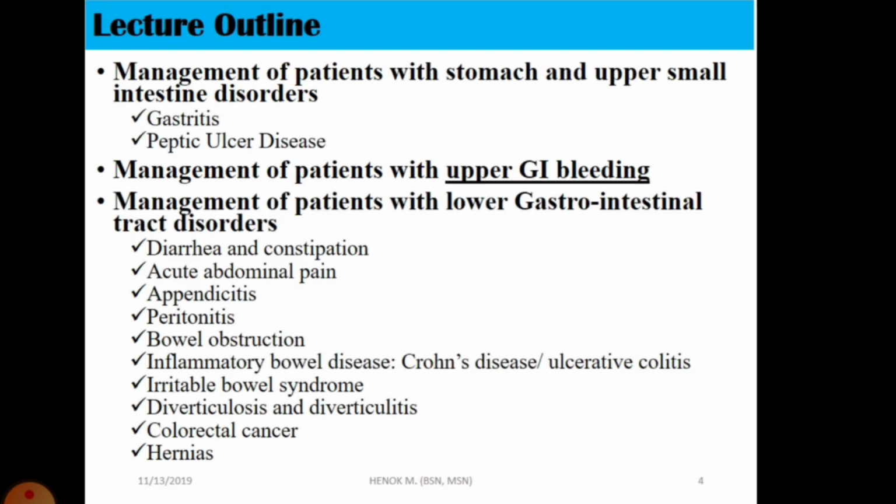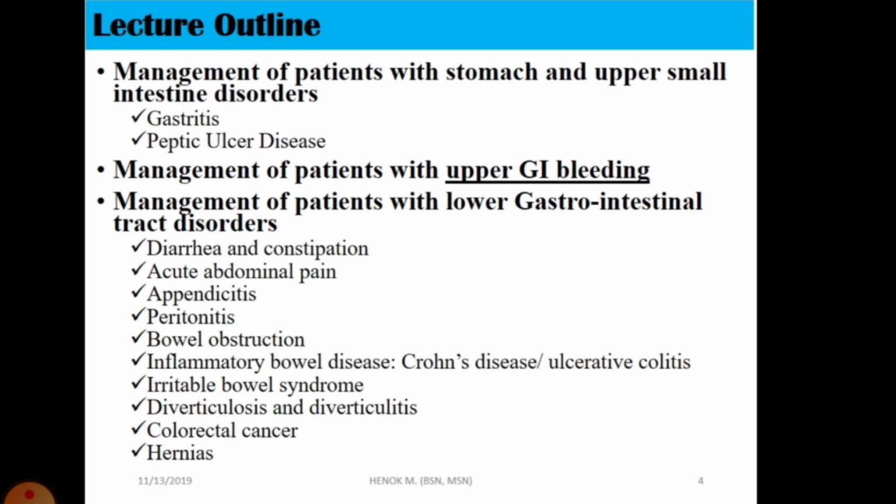Next is the management of the patient with stomach and upper small intestine disorders: gastritis, peptic ulcer disease, management of patient with upper GI bleeding, management of patient with lower gastrointestinal tract disorders: diarrhea and constipation, acute abdominal pain, appendicitis and peritonitis, bowel obstruction, inflammatory bowel disease, Crohn's disease, ulcerative colitis, irritable bowel syndrome, diverticulosis and diverticulitis,